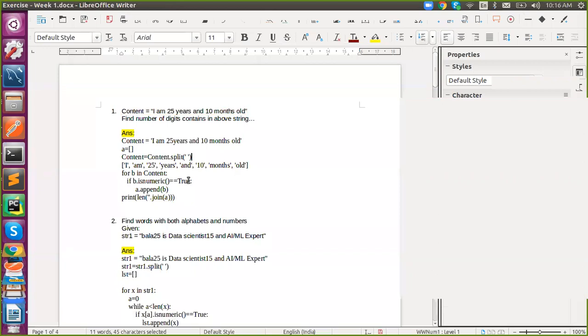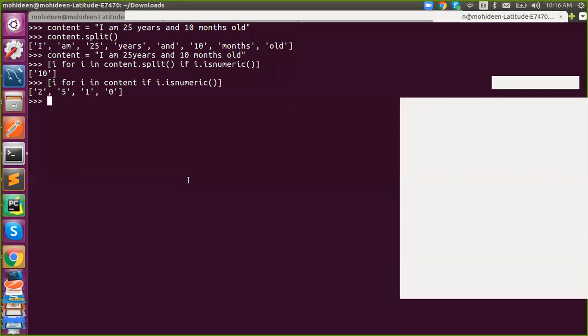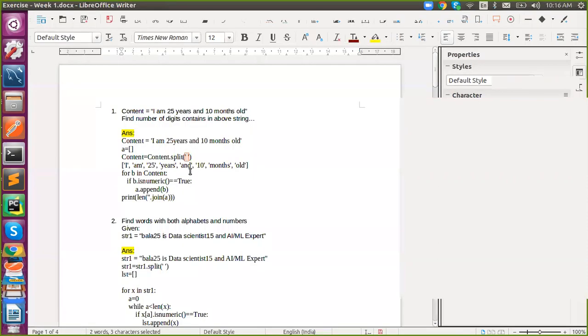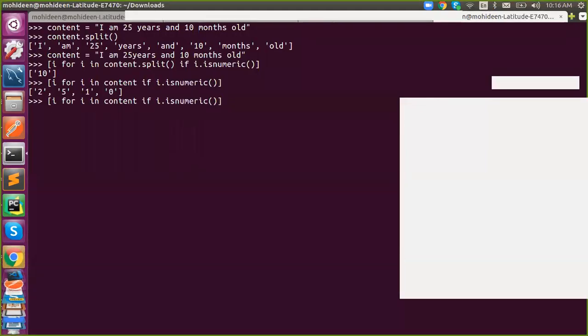And this space is not required, because by default we don't need to specify anything. So the first correction is, you don't need to give an empty space. It is the default. So split has a default, and split is also not required because we need a digit. I'm not saying it's a word. Or you can use isdigit as well. Both are available.